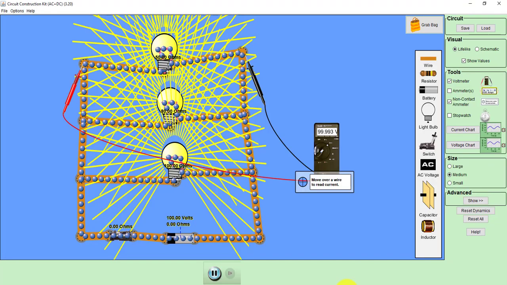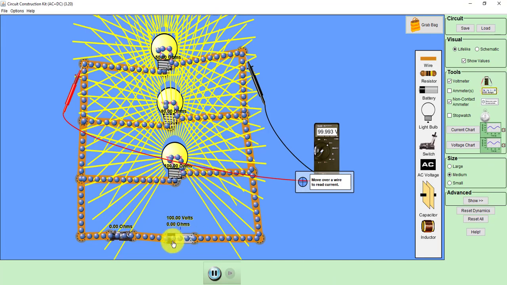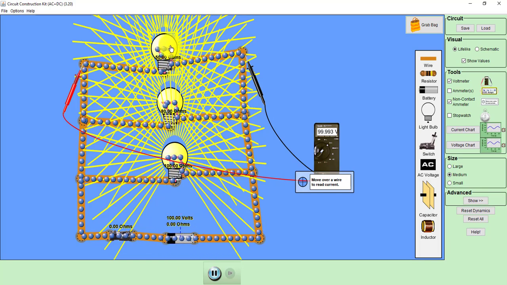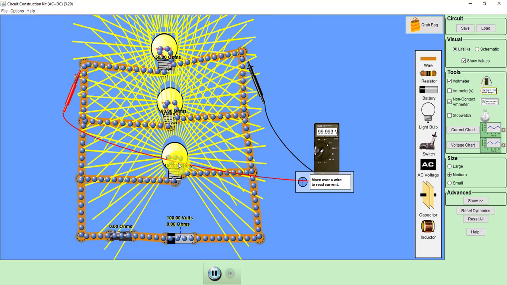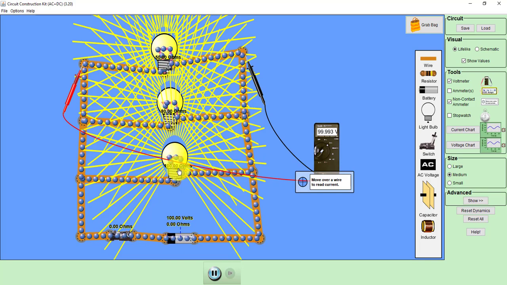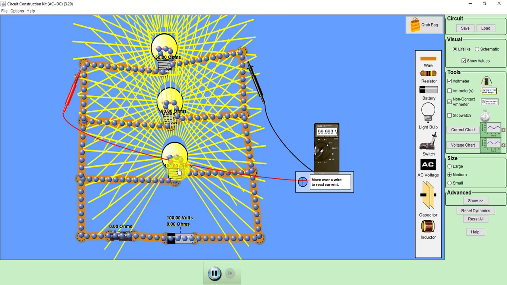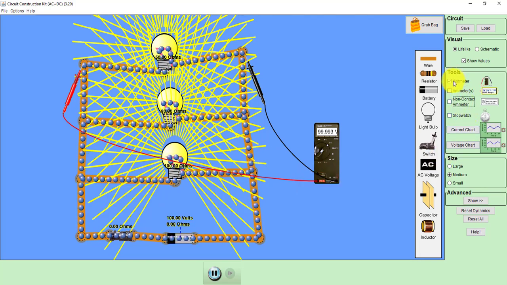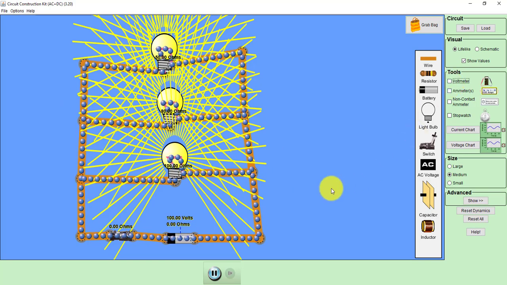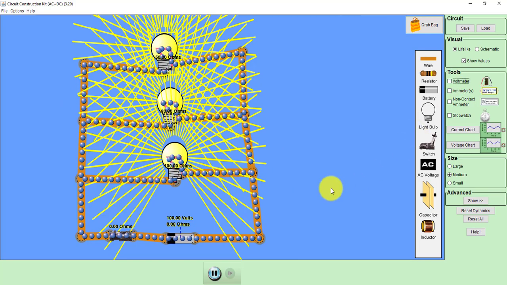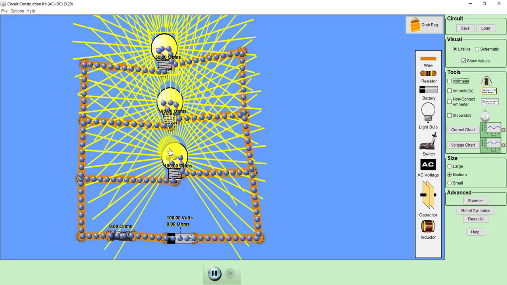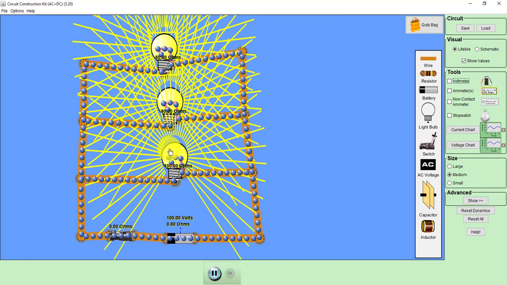So what it means is that the total power supplied by the source will be equal to the sum of power taken by each resistance, or in other words, total power dissipated will be equal to the sum of power taken by each resistance. Okay. Now coming to the last characteristic, which says that as the number of resistances connected in parallel increases, the current supplied by the circuit also increases.